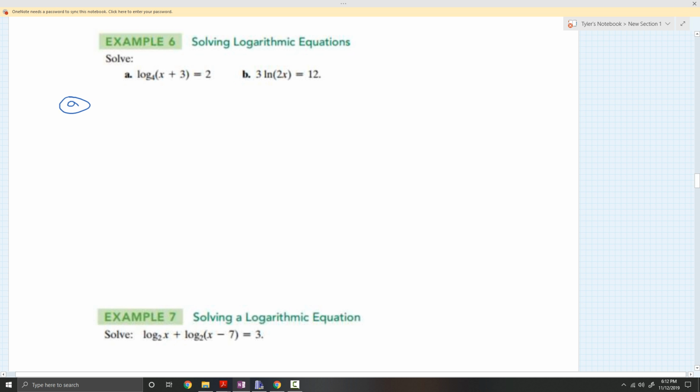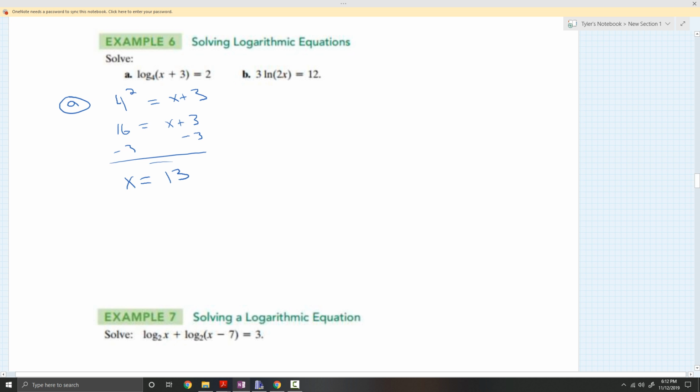So I could go ahead and rewrite this in exponential form. So that would be 4 squared equals x plus 3. Well, we know what 4 squared is. That's 16. So then I could subtract 3 from both sides and get x by itself. So x would equal